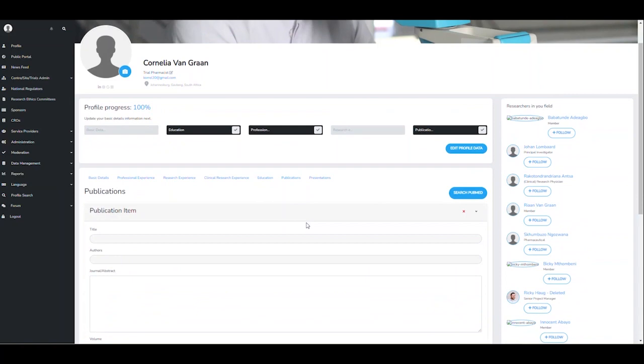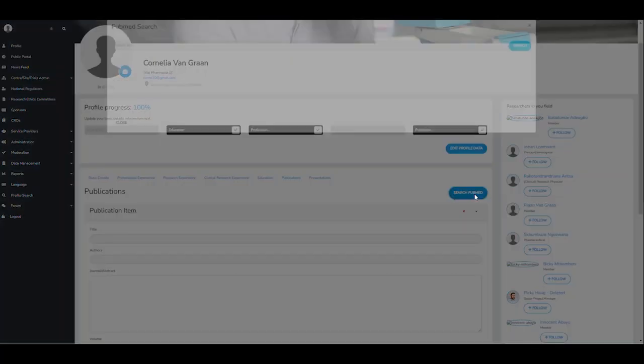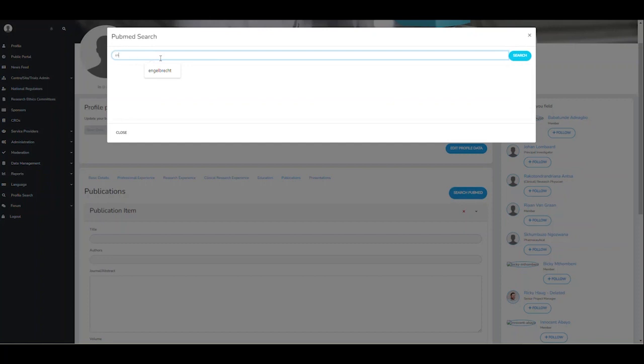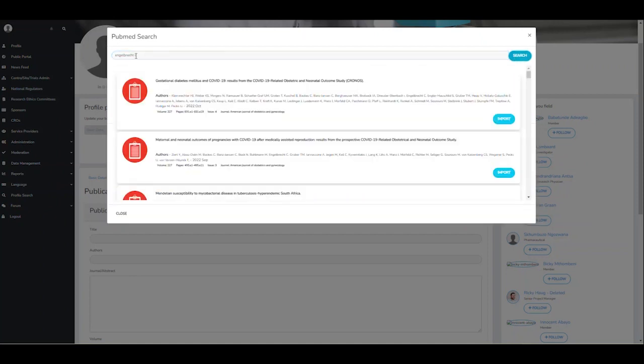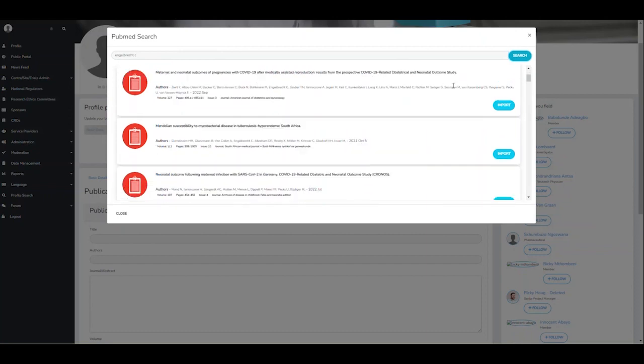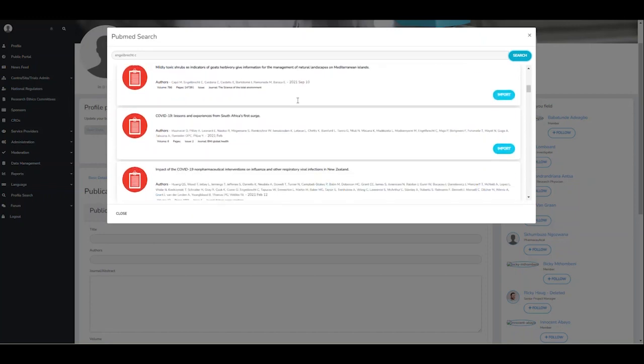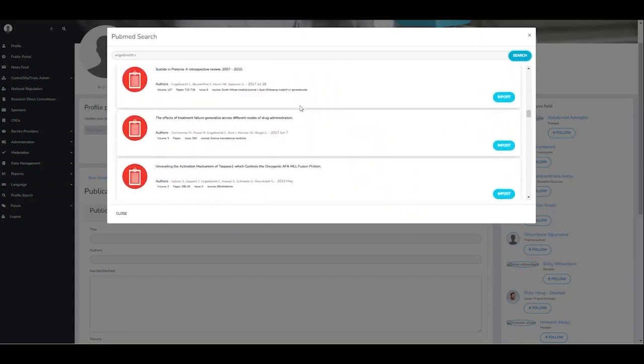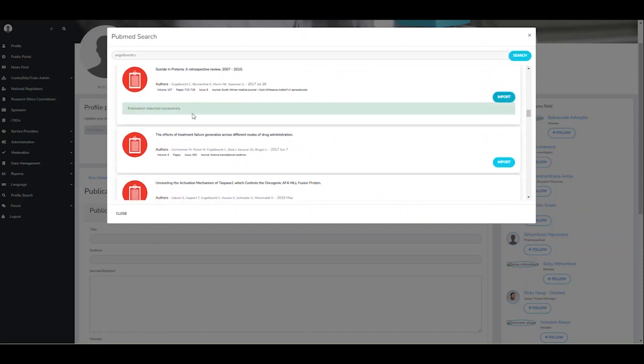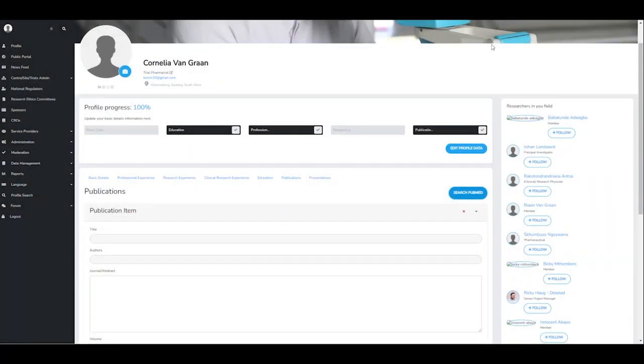From here on out, you can do your publications. You can do a PubMed search via the search for a surname or the name, and it will search looking for your specific surname, where you can see there are quite a few Sia Engelbrechts actually doing research, but I know my specific one will be down the list. So I did research in suicide, so I can just click on import. It will say that the publication was successfully imported,